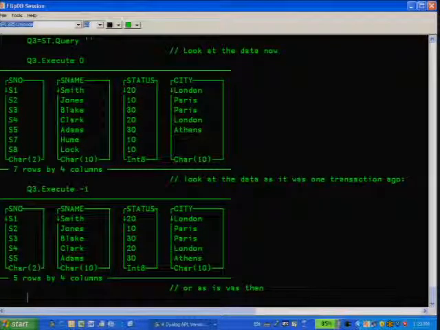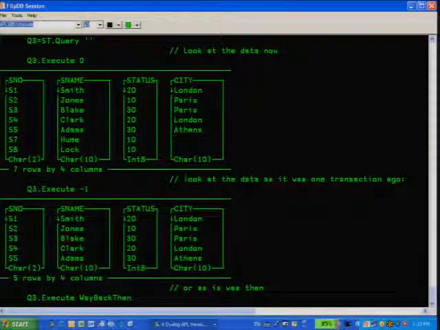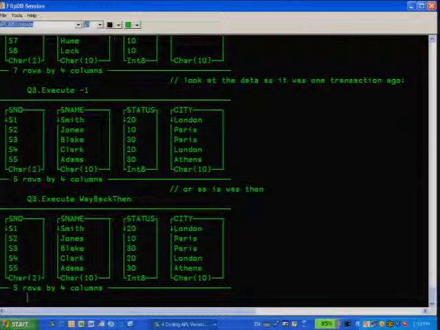And I can also ask to execute it as it was at a particular point in time, which in this case is the same thing because we only did one transaction. So any query can be executed on any past state of the database, subject to schema changes. If you've deleted columns or you've done things like that, it won't be there. But